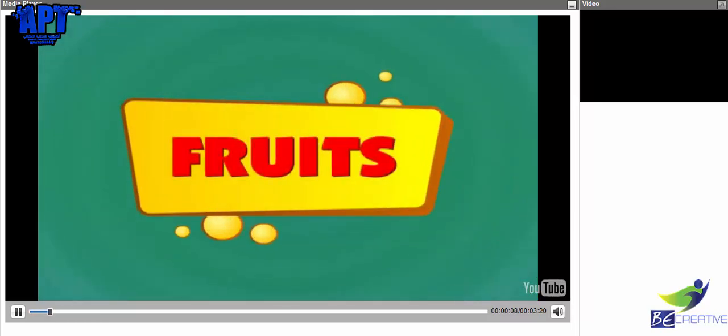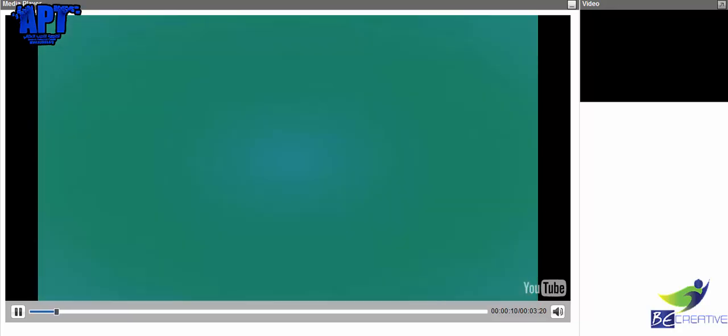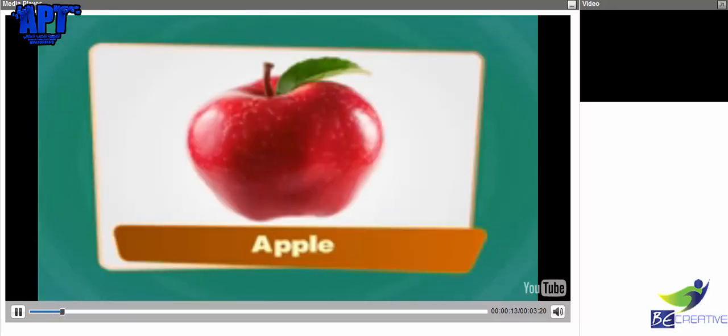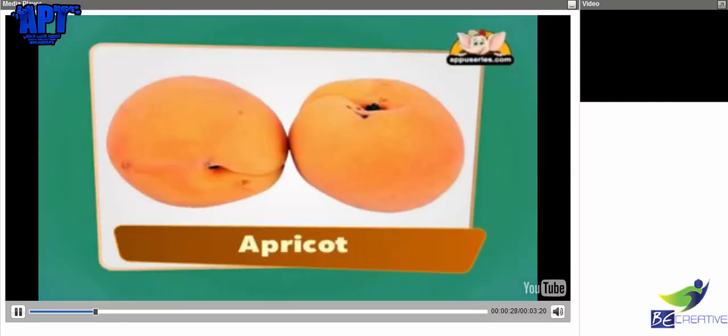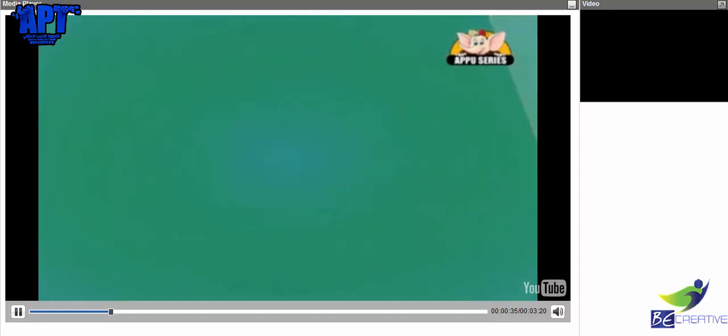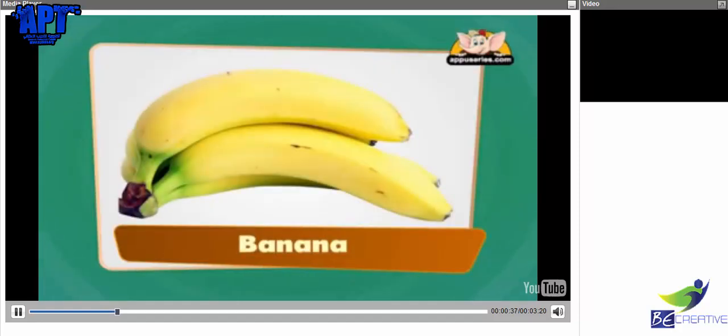Fruits. Apple, avocado, apricot, banana,